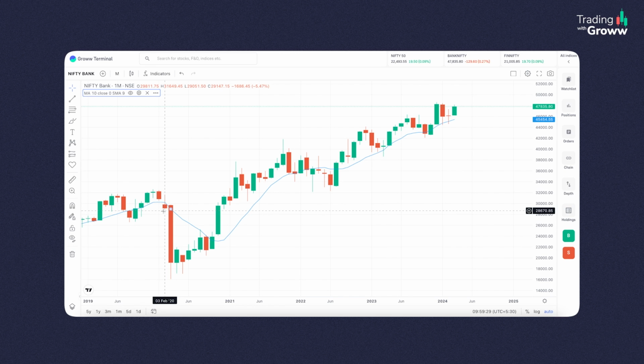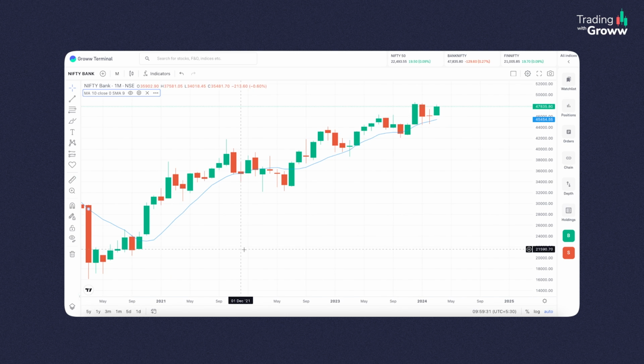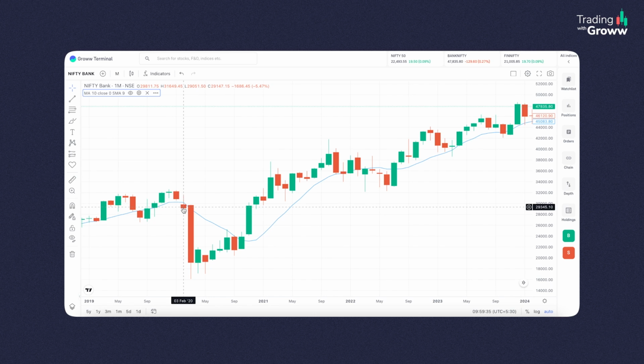For example, if you observe this corona crash period, in February this indicator closed below the monthly moving average level, which is the 10-month moving average. Then you are able to exit at the right moment. In February itself you would have exited your long position, and you would have escaped this whole March crash. Similarly, by October 2020, when Bank Nifty was closing above the 10-month moving average,